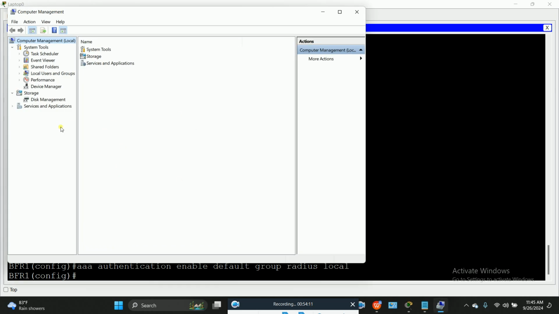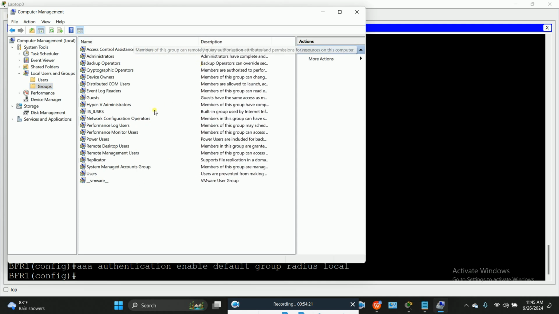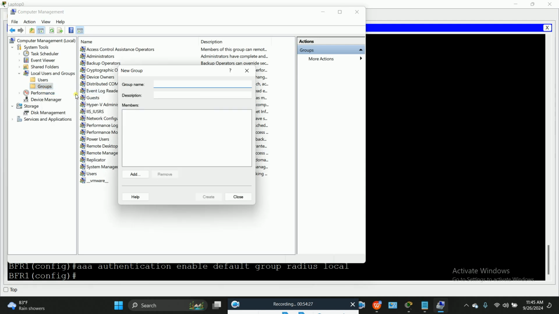When you click on Computer Management, find Local Users and Groups on your left side. If I want to create a group, these are the local system groups. Let's right-click on Groups, then choose New Group, and let's name the group